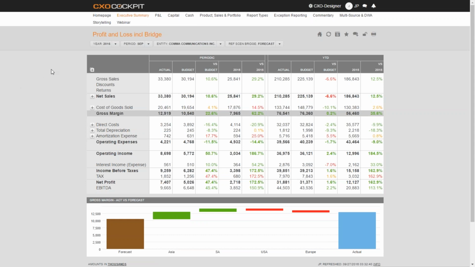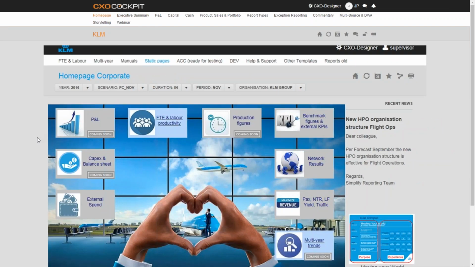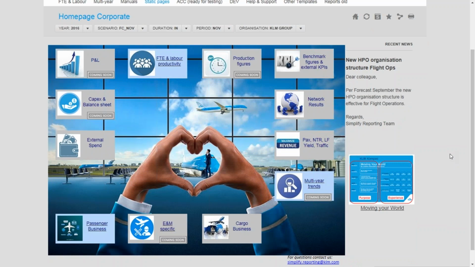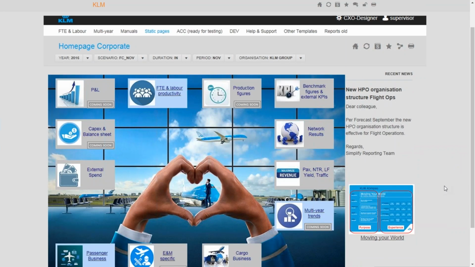Some other examples that I want to share with you, but prior to doing that, I also want to highlight that our customers using the system, in this case KLM, can really tailor-make the homepage of CXO Cockpit. They've created this really nice picture. They've put tiles on it so that the end user has a really simplified way of going into a certain data direction. And for instance, if the CEO of KLM would click on the P&L tile, which in this case is still coming soon,